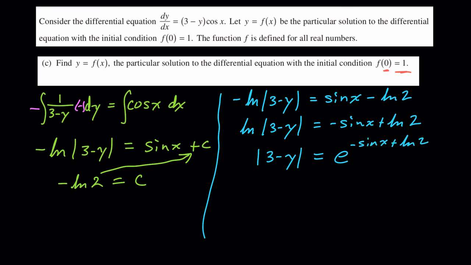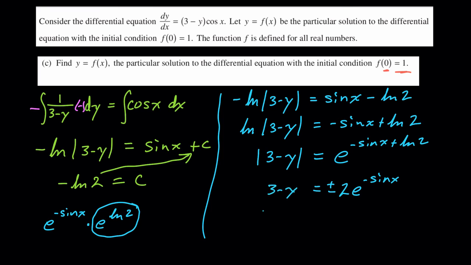Now, as we've talked about before, if you have e to the negative sine x plus natural log of 2, that can be thought of as e to the negative sine x times e to the natural log of 2. And this has a value of 2. So this becomes 2e to the negative sine of x. All right, I'm going to drop the absolute value signs now, which makes this a plus or minus. We're going to subtract 3, giving us negative 3 plus or minus 2e